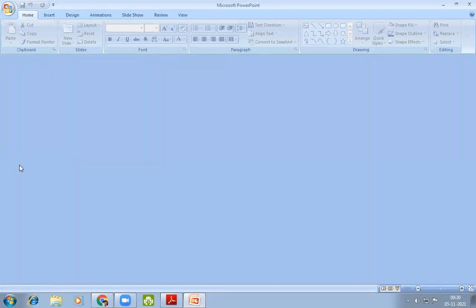Now we are going to learn how to exit Microsoft PowerPoint. It means how to close the Microsoft PowerPoint application. We have learned how to close that particular sheet, but now we are going to learn how to close the Microsoft PowerPoint application.